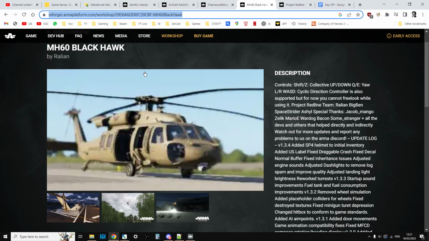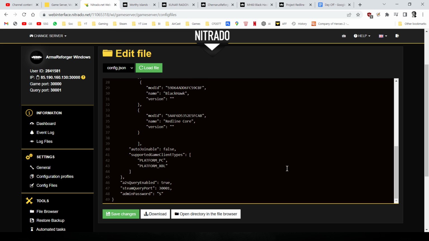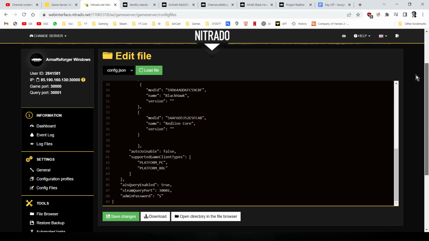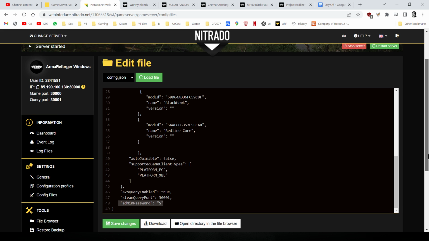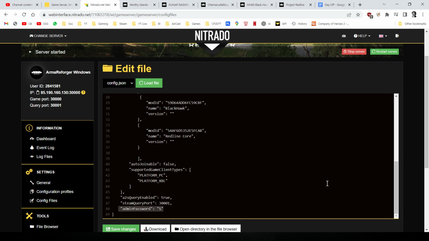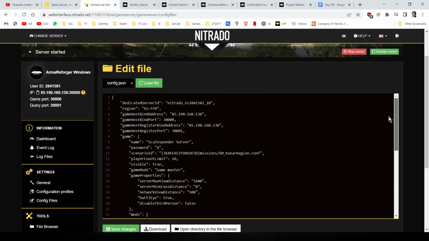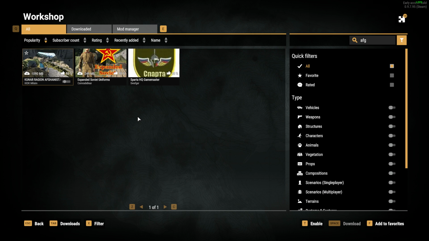Where were we? Let's get back over to here. And it's always good to have set an admin password as well. That way people can log in as a game master in the game through chat. So you save that, restart the server, and what should happen now is that when you go into multiplayer